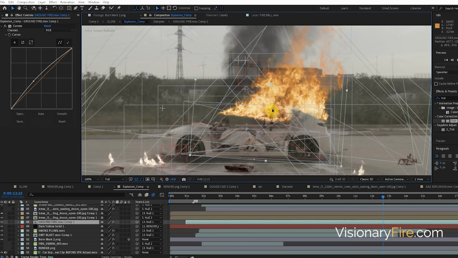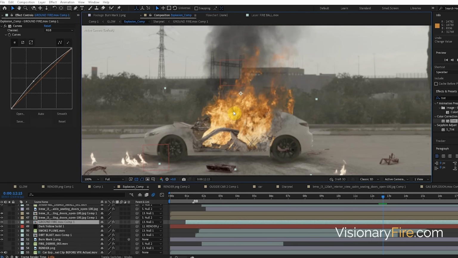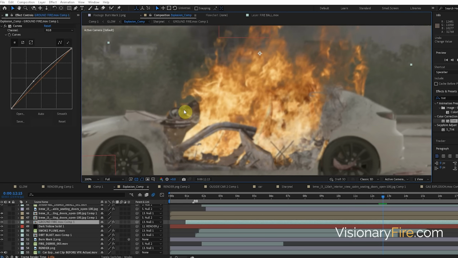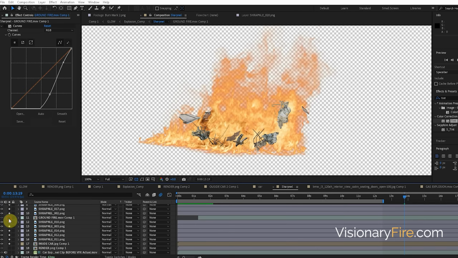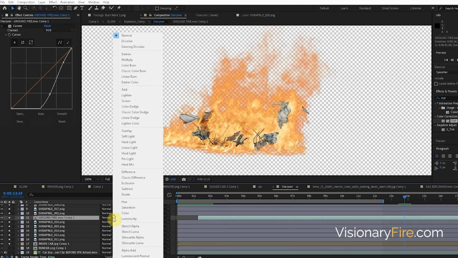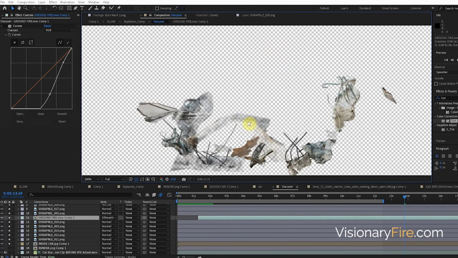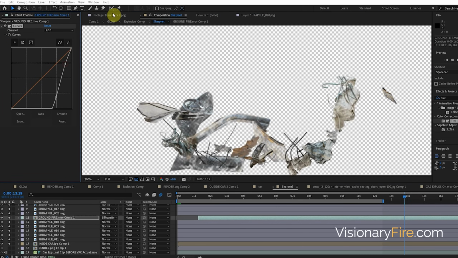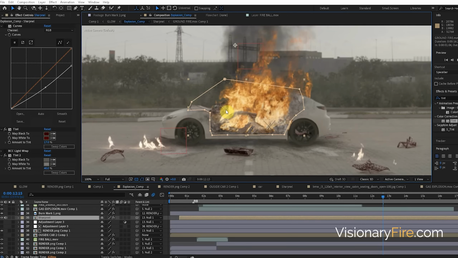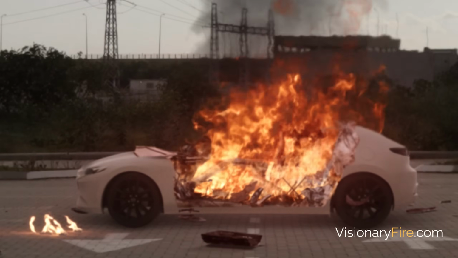Alright, then we're going to drag in this ground fire layer, and we want a little bit of dimensionality, so we're going to make it consume some of these elements in the foreground. So in this shrapnel pre-comp, we can drop in this ground fire layer on top of some of the elements, turn the blending mode to silhouette luma, just like that. So some of the shrapnel elements are going to be kind of translucent, and we can drop down the brightness of this ground fire matte to make it less intense. Boom, look at that dimensionality. So it looks like part of the fire is kind of consuming some of these shrapnel elements in such a